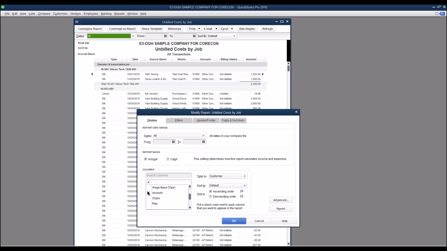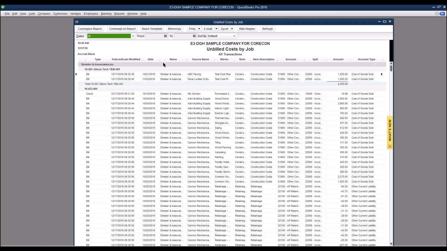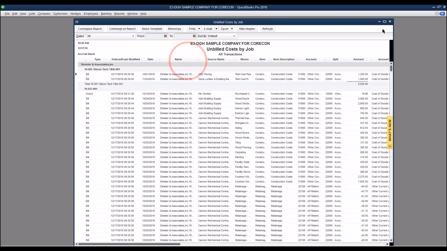We're going to leave the Account field. If you are using classes, you'll want to include the Class field. We're not going to here. We can remove the Billing Status because now we're showing all, but we want to include the Split. And let's pick up the Account Type and click OK. You may need to adjust the column widths a little bit,